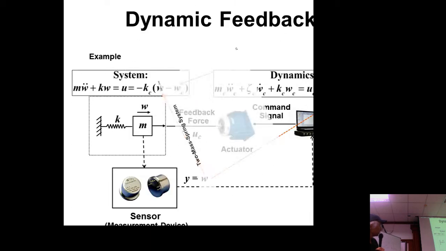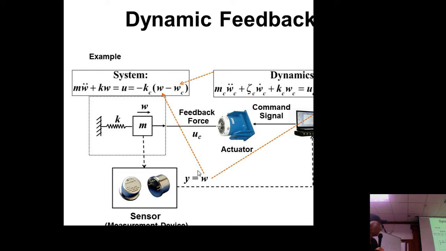I think this is supposed to be U. This is not UC. This should be the U. The feedback force generated by the model is called U, and U equals minus Kc. This Kc is given by the computer, and W is given by the sensor. W is given by the sensor, and Wc is given by the computer. All right. So this is much more clear